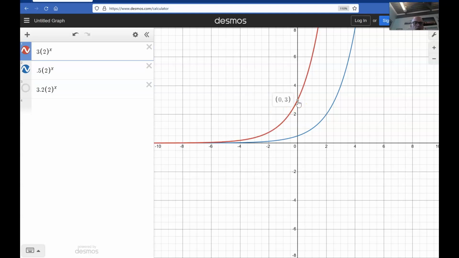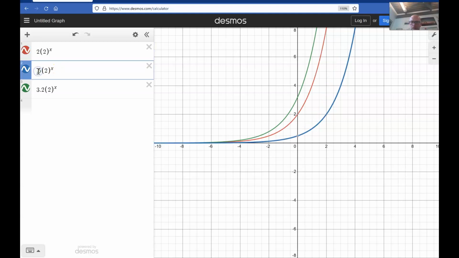Yeah, so the red one crosses at 3. And notice that the blue one crosses at 0.5. So you can see clearly that the number that's being multiplied out front is the y-intercept. Okay, now what if we look at, instead, let's make all of our y-intercepts the same, make them all cross